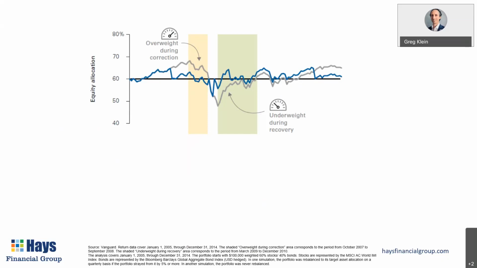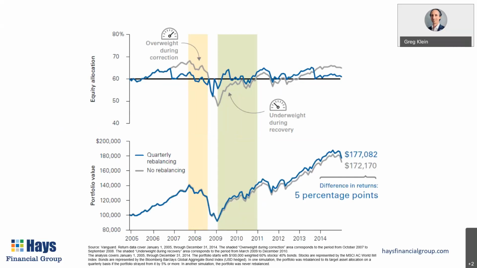And then when the market was going to recover in that sort of green shaded area, well, then they weren't in as much into the stock market, so they weren't able to benefit as much from the recovery. So it works against you if you're not rebalancing because you'll end up being overweight in those stocks when you really don't want to be. And then when you do want to have a lot in the stock market, you'll be underweight. Rebalancing helps you keep things in line so that you're prepared for the good times and the bad.